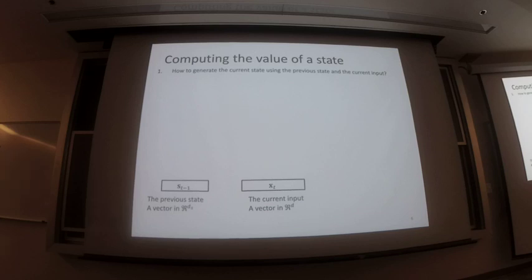Your current input is a vector of size R^D, so you could say the embedding is of size D. And then your previous state is also a vector of size R^D_s. Here, the size of the vector is a hyperparameter. And once you have a hyperparameter in your network, what do